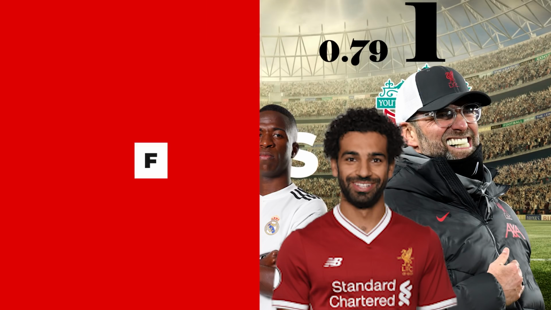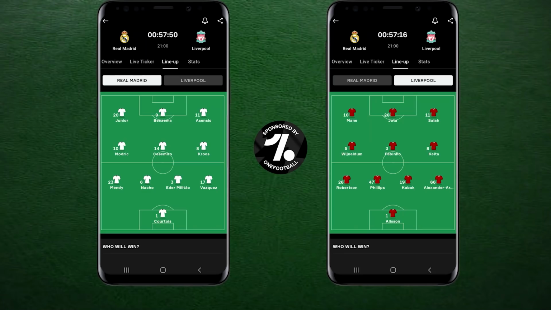Let's take a look. First, a reminder of their tactics, as both managers used 4-3-3s, as you can see on